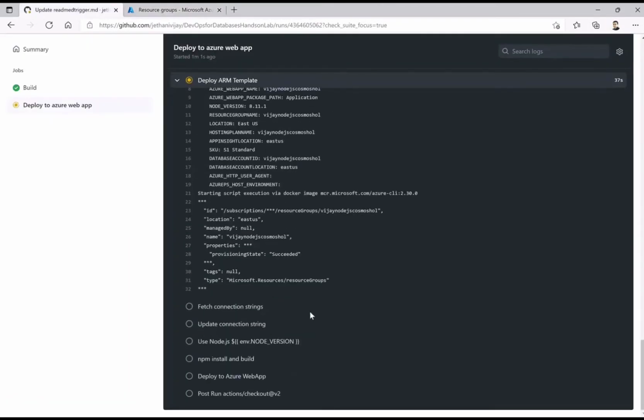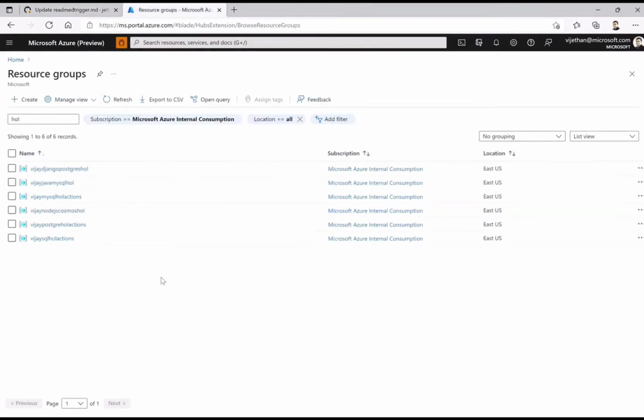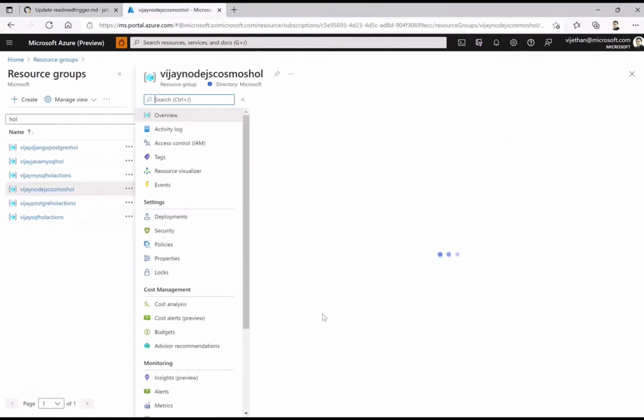So let us now first look at it. It has created the resource group at this point of time, which is named Vijay Node.js Cosmos HOL. The website naming will also be by this name, to keep the naming convention in sync. Okay, so we now have one more resource group for Node.js and Cosmos.